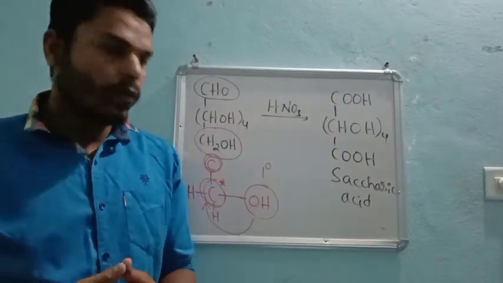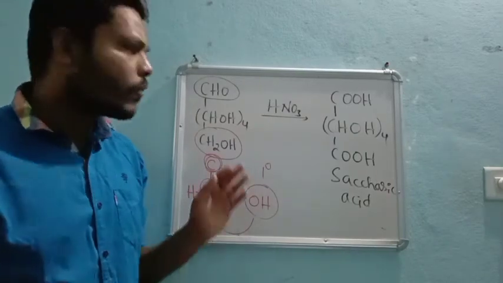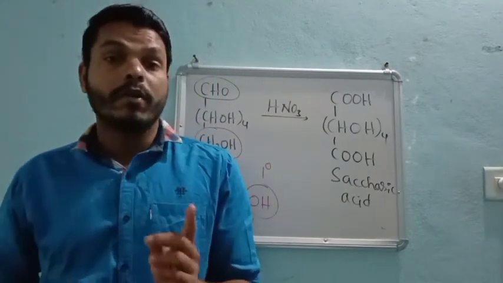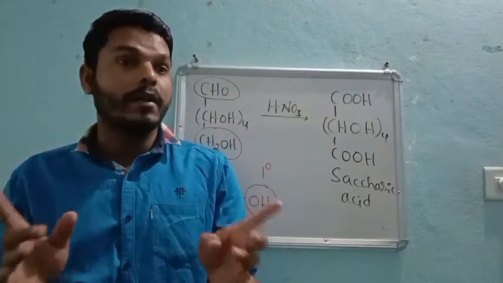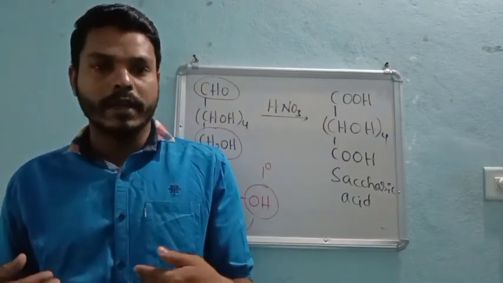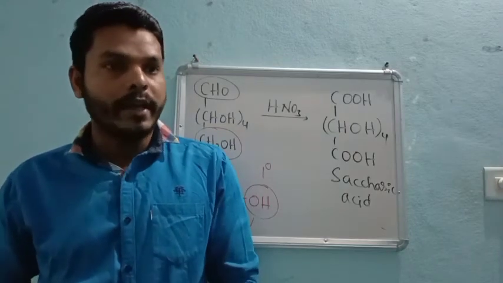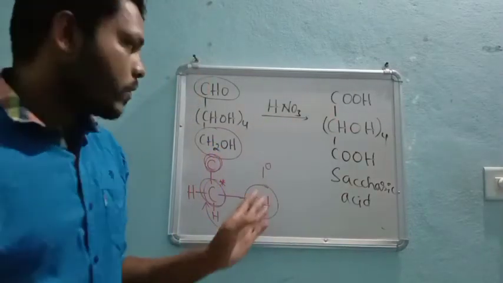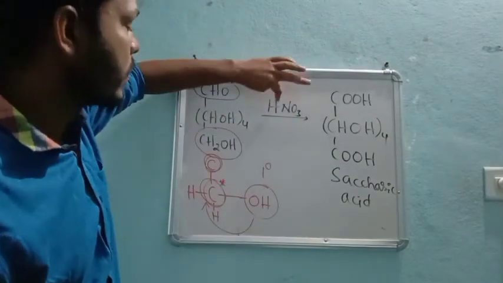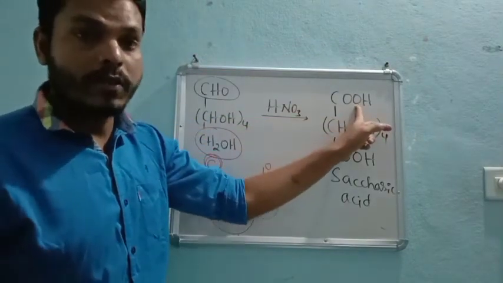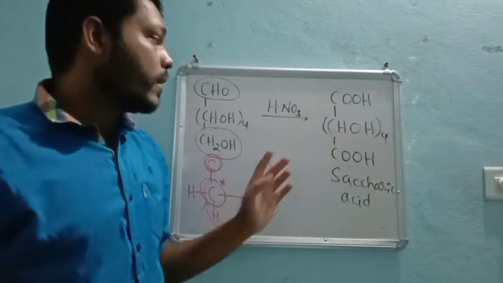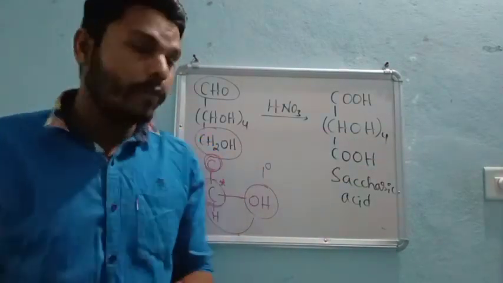Dear students, for these points I could take one class; for one point we could discuss for an hour. But it is online, so I cannot get your doubts instantly. That is why I am going very slowly, and these points are very important. Questions will come, like why nitric acid goes for oxidation here and not there. So that's why I'm going very slowly.